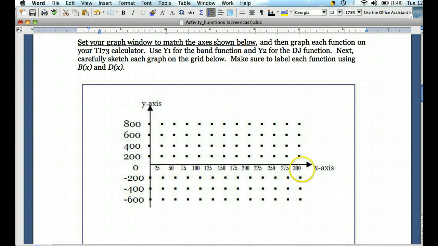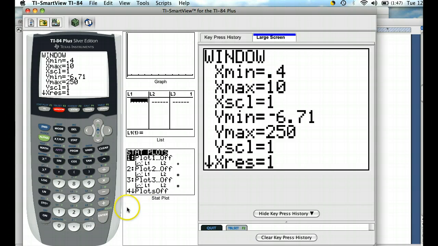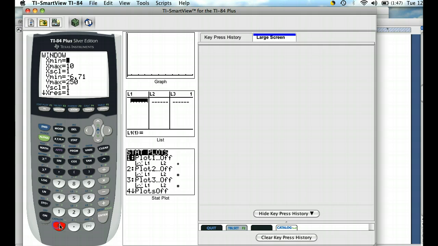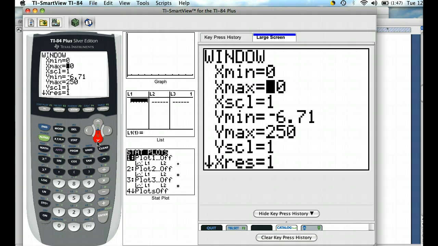So if you look at our x-axis here, hopefully you can tell by looking that we are going by 25s, right? So our scale is going to be 25. And hopefully you can also tell that we are starting at 0 on the x-axis and going to 300. So our min here is going to be 0. Our max is going to be 300. And our scale is going to be 25. Okay, now on the